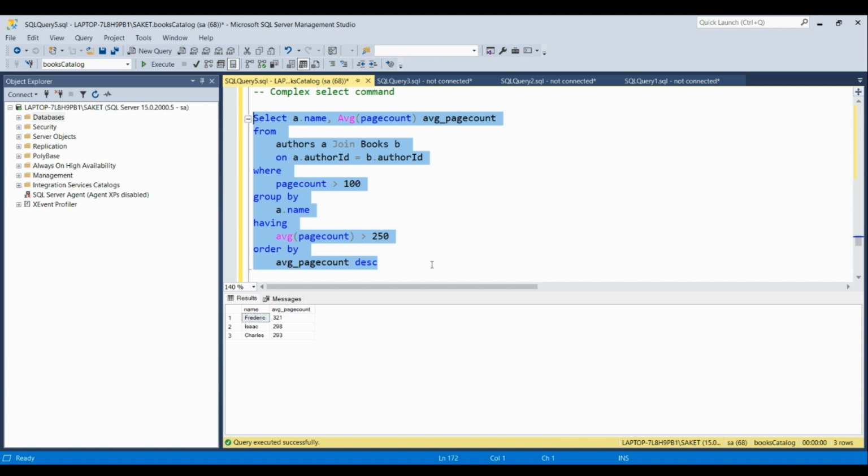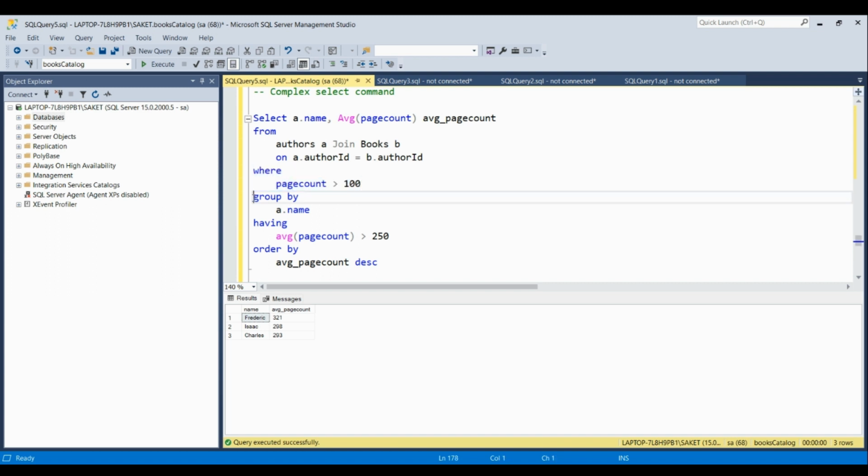Okay, now we will try to understand what is the order of execution of these commands. So first, this command will run, from which source we are fetching our data, then the where command will work, after that the group by command will work, then the having command will work, and after these commands are executed, we will execute the select command, and once all these commands are executed, the final command that will be executed is the order by command.